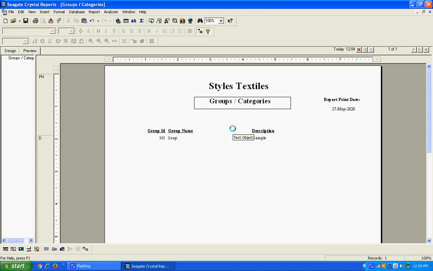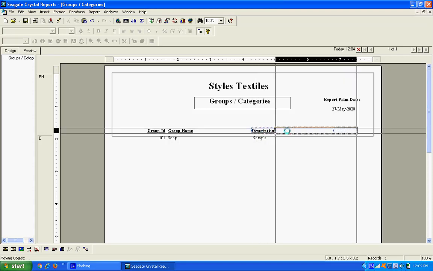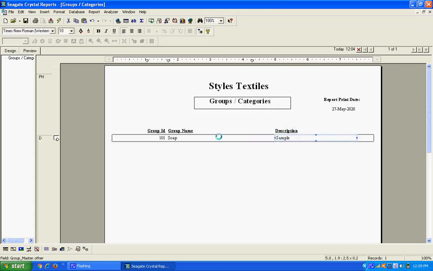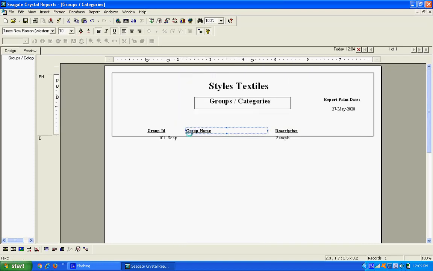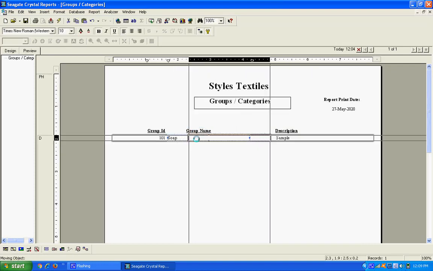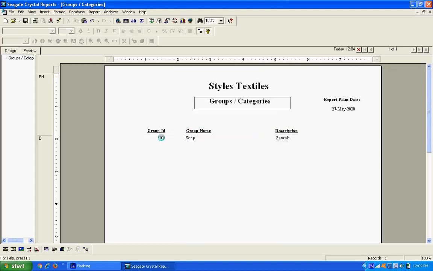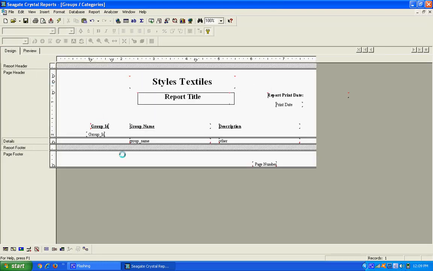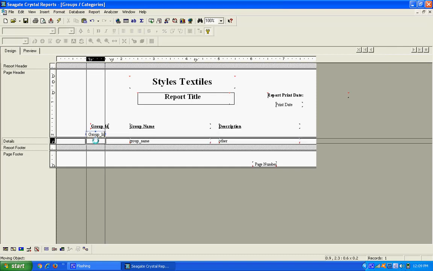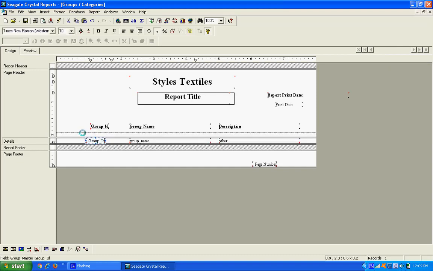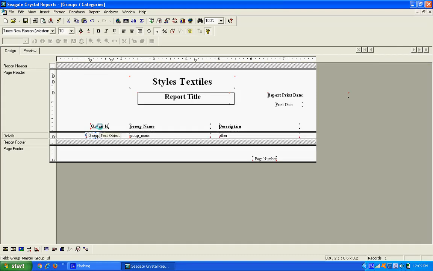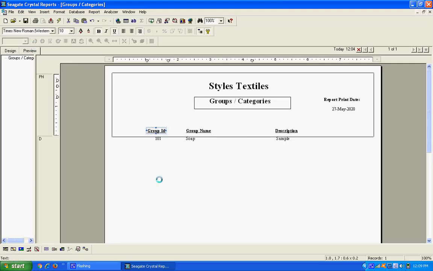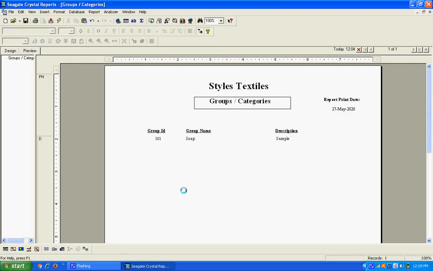This is the standard design. We are making everything in the standard design. I move this and press here and move some group name and also this, and this is center alignment because, sorry for that. I go to design view and press this. Yes, successfully. Okay, that's great. We have created our report successfully.